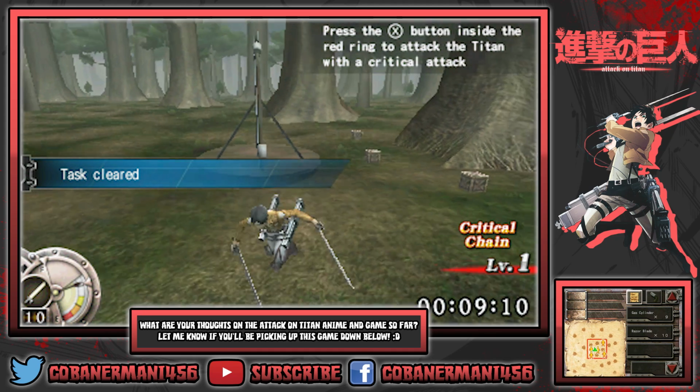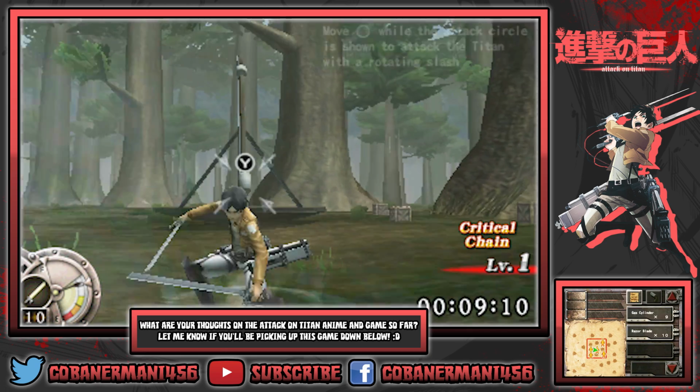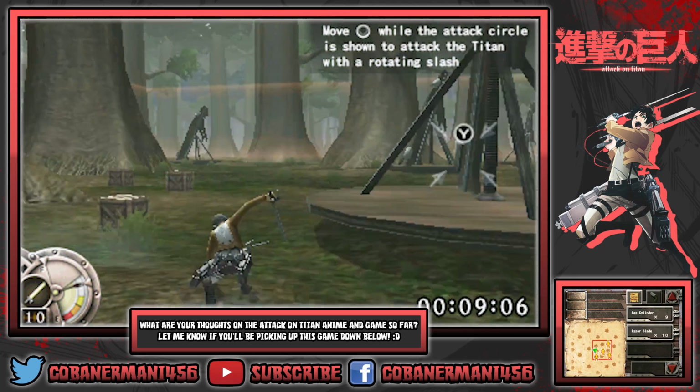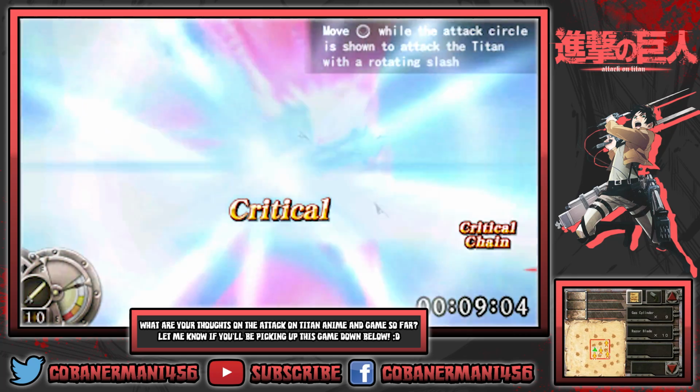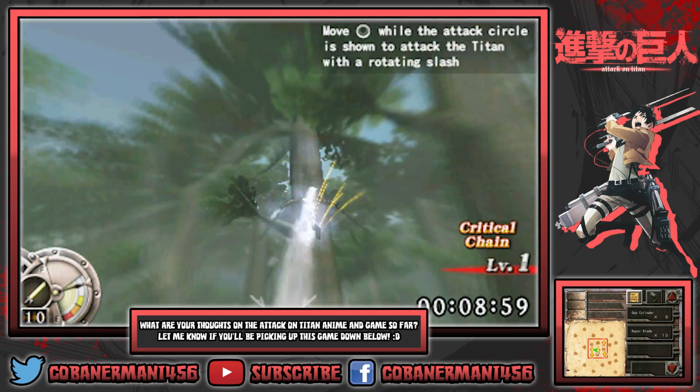By moving the analog stick when the attack circle is shown, you will unleash a rotating slash. While critical hits are difficult to achieve, which they actually aren't, by the way, just to let you all know, they're extremely easy to hit, this move will ward off Titan attacks while dealing damage. Try the rotating slash 3 times. Oh, wait, maybe they must mean doing critical hits with that. Ah, I see. Yeah, it's actually really difficult to get critical hits with the spinning slash, but...